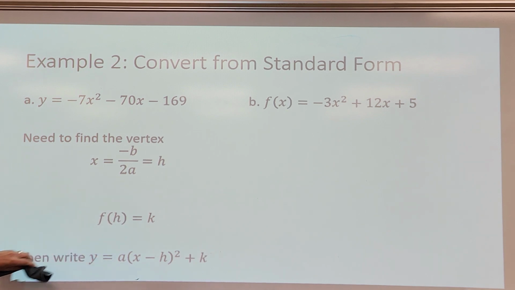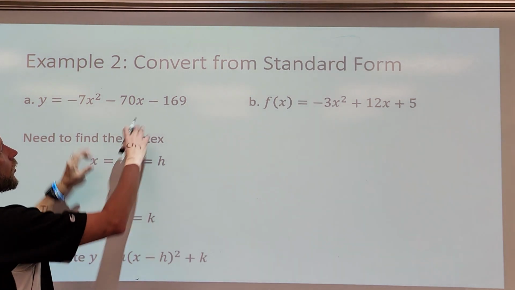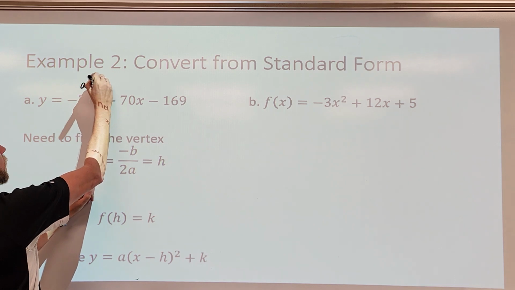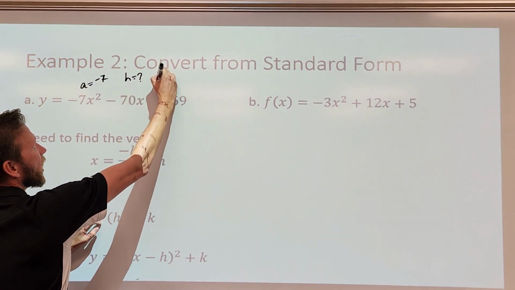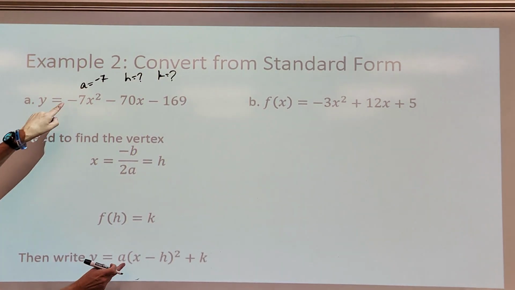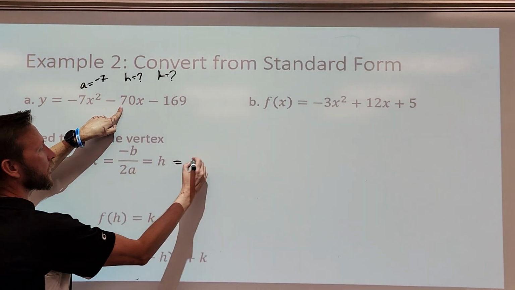All right, converting to standard form, or from standard form. So given standard form, write in vertex form. If we're going to do that, then we need to know our a value. Okay, that's done. We need to find h, and we need to find k. So really, we need to find the vertex, because we already know what a is. So let's find the h value by taking the opposite of b